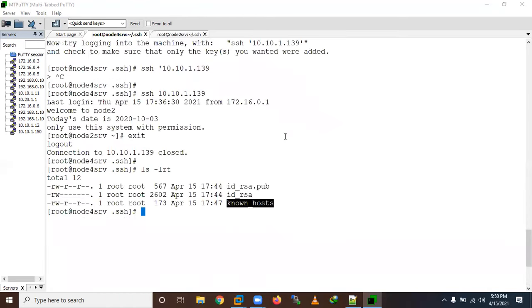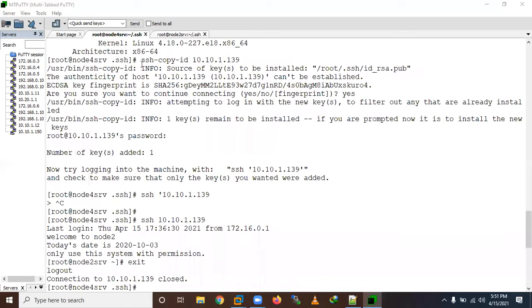When we try to log in to this server, it makes an entry in known_hosts. When we did the copy, it tried to connect, and at that time it generated this file, and we answered yes.